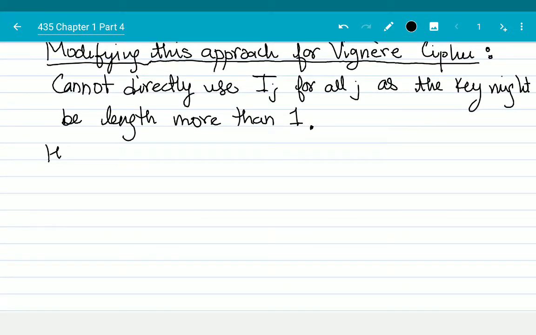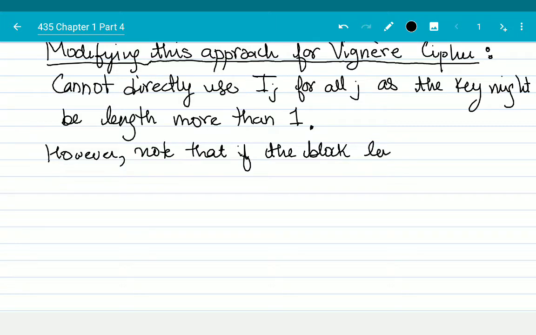However, note that if the block length is t,